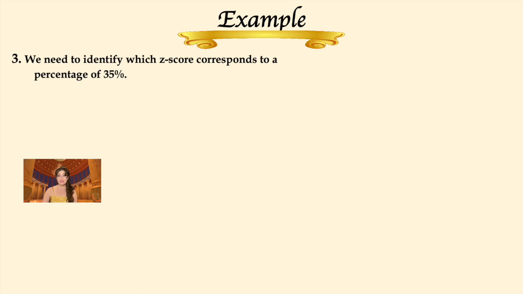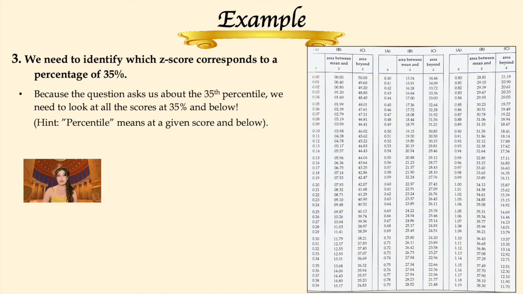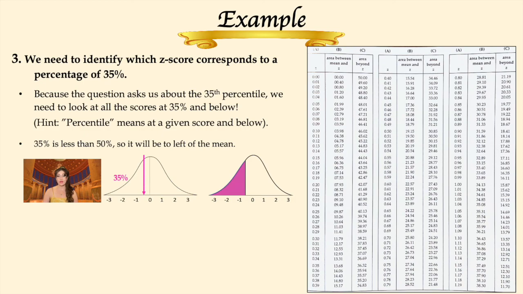Remember, percentile means everything at a given score or below. So we need to identify which z-score corresponds to a percentage of 35%. Remember, the question asks about percentile. Percentile means at a given score or below. So is 35% higher or lower than our mean, or our median, I should say, which is 50%? 35% is less than 50%, so we know that it's going to fall somewhere on the left side of the